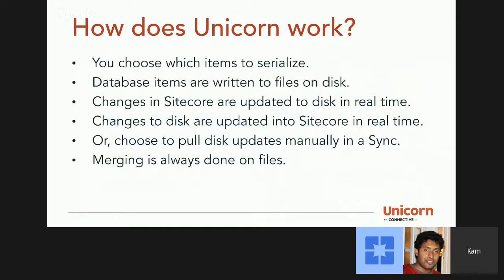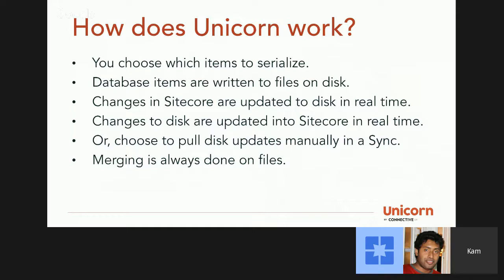Unicorn has a feature called transparent sync that literally watches the file system, either when Sitecore starts up or when you change something after Sitecore has started up, and it will automatically pull changed serialized items right into Sitecore instantly. So you pretty much can just pull somebody else's code and then run it, and probably run a build as well. But you can just run that, and their items will automatically show up inside of your Sitecore content tree